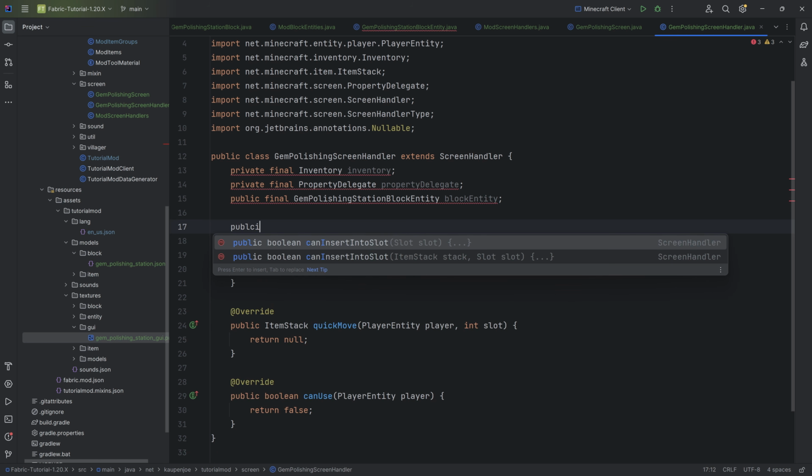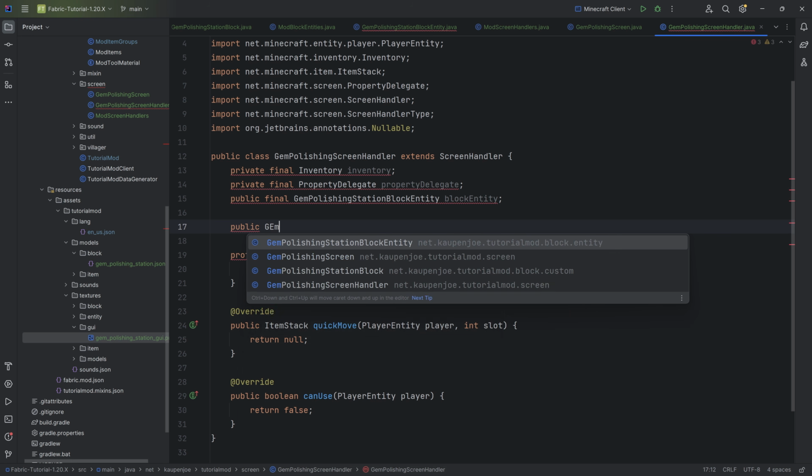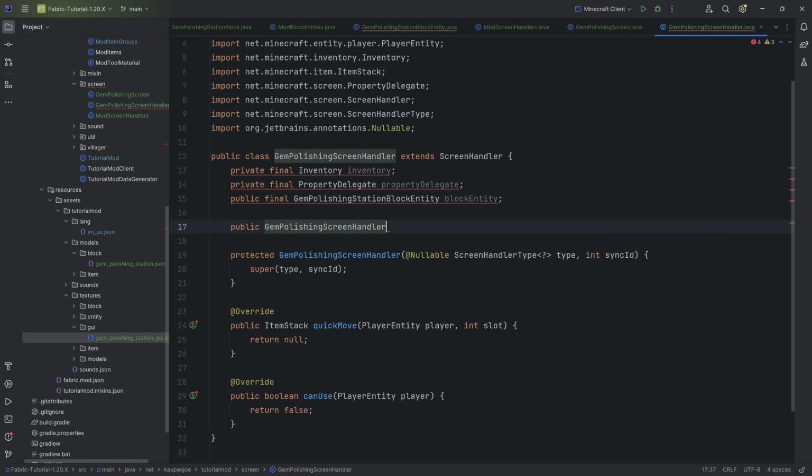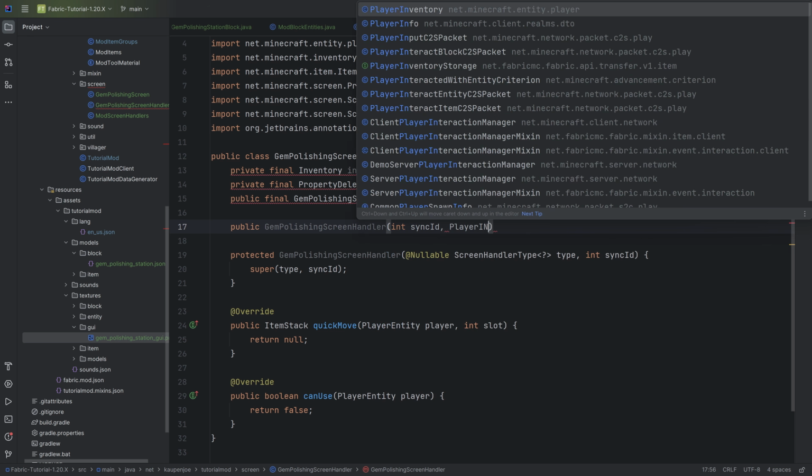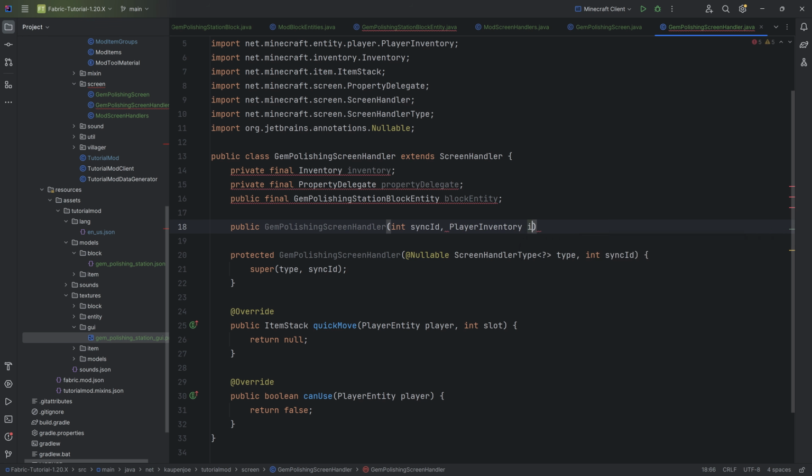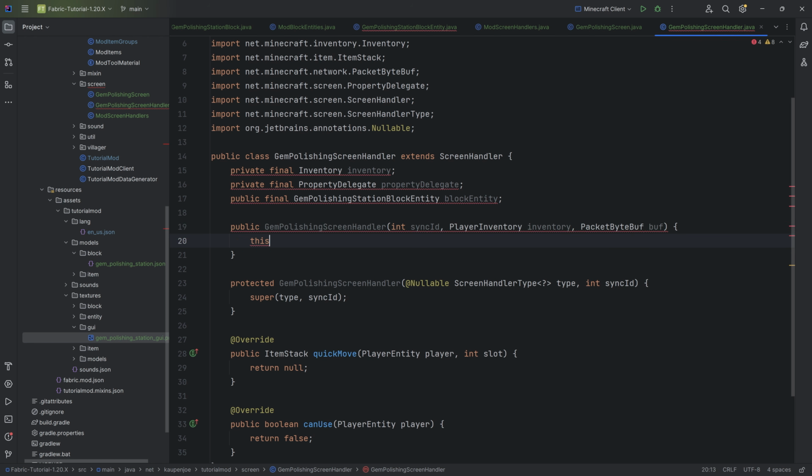Now we're going to have new ones. This is going to be a public gem polishing screen handler. We're going to get an int sync ID, a player inventory called inventory, and a packet byte buff called buff. And that is going to call this, passing in sync ID, passing in inventory, passing in